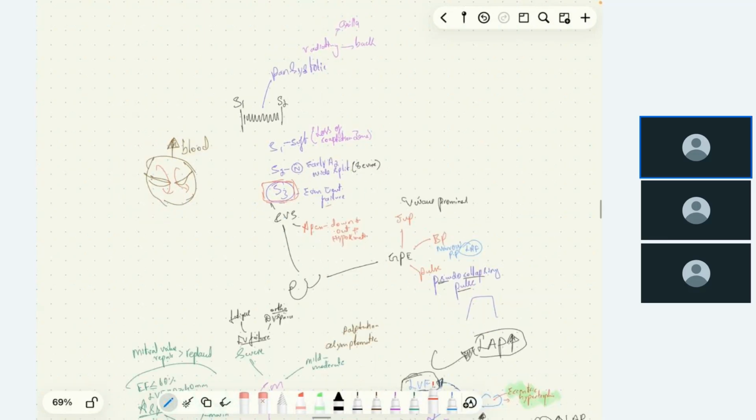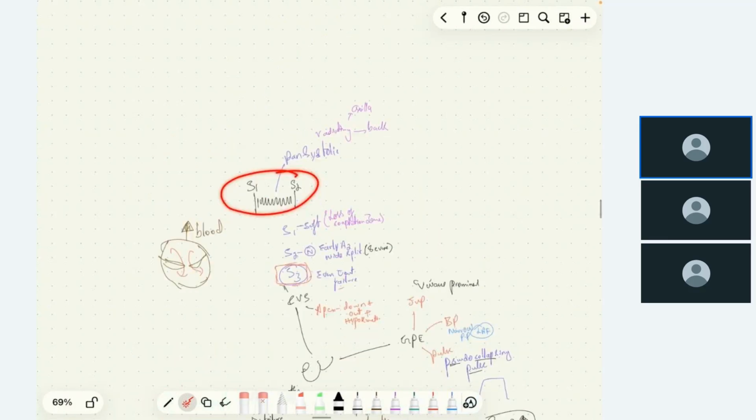What are the cardiac sounds that we see? The S1 will be soft, S2 will be wide split with early A2, and S3 we can hear in case of mitral regurgitation. Now, what is the murmur that we see in mitral regurgitation? The regurgitation of blood is occurring during systole, leading to turbulence at the level of the mitral valve during systole,